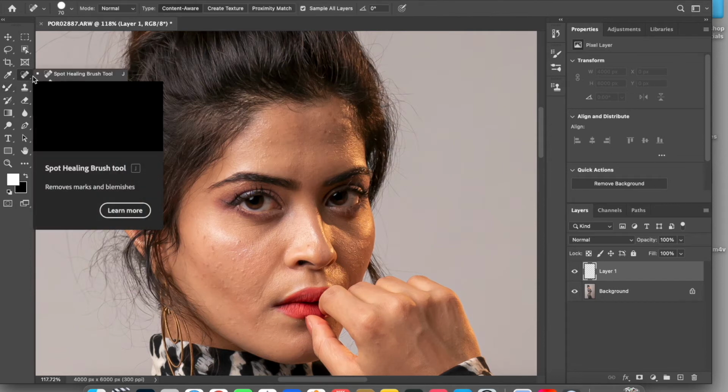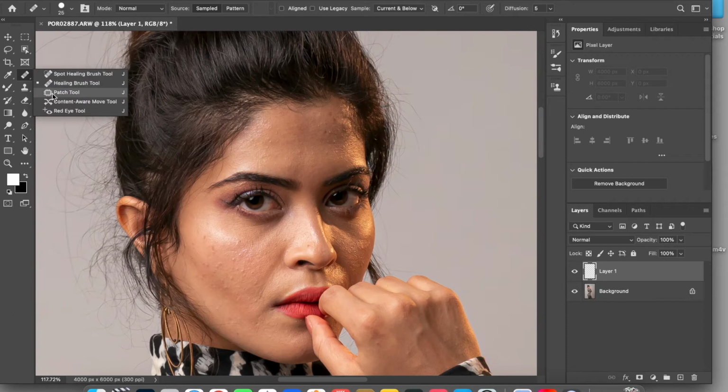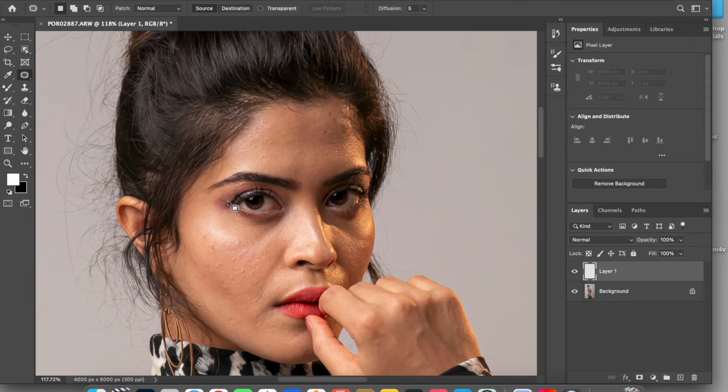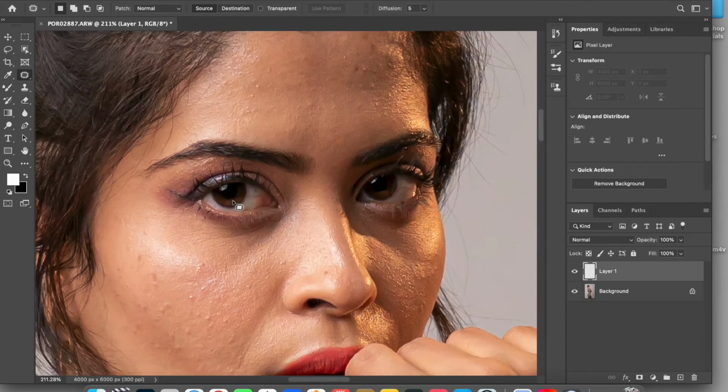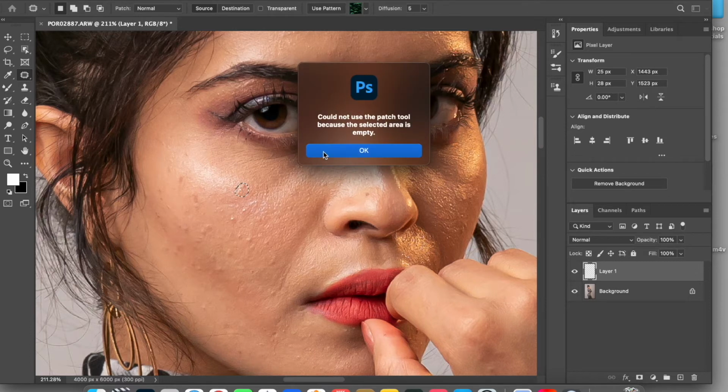Okay, let me just get rid of this. So this is the patch tool. Now I will increase the image size and start working on it. You can see this option is coming because my patch tool can be used on the actual image, not on the empty layer.